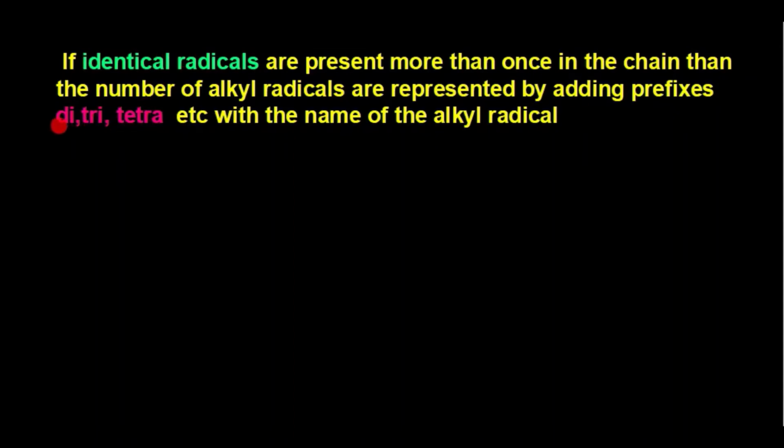It means if we have same types of 2 radicals, then we use the term di. If we have same types of 3 radicals, then we use the term tri. Similarly, if we have same types of 4 radicals, then we use the term tetra. Now let us study this rule with the help of some examples. Let's see, students, what is the first example. For example, if we have a molecule like